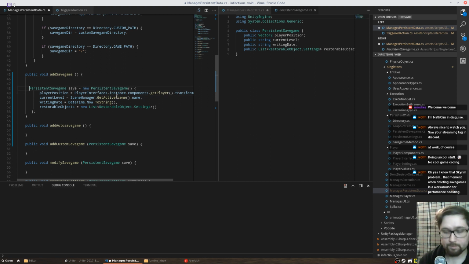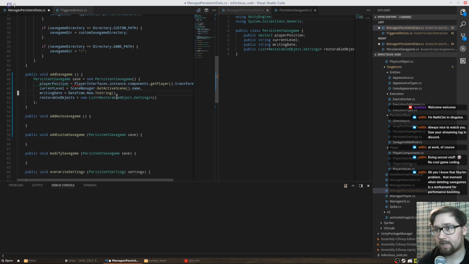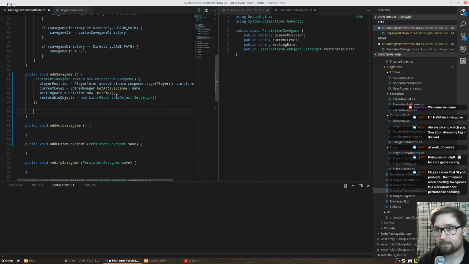Okay, and this is why the indentation wasn't working. So we want a list of restorable objects, or we can initialize it like that, and then